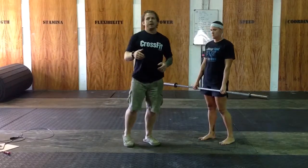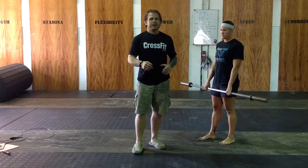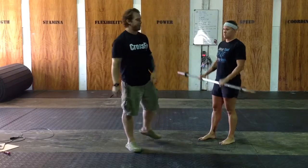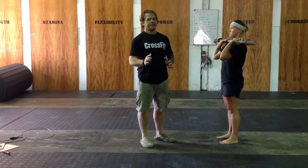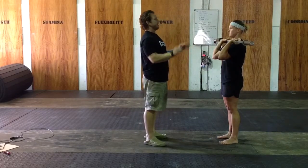So this next one, I've got to have a bar staged nearby for this to work in the group, but it's for early pressing of the arms in the push press. So Abby goes to her push press position, and now she's pressing early. She's dip driving and pressing at the same time. So what I'm going to cue her to do is, Abby, all I want you to do is to dip